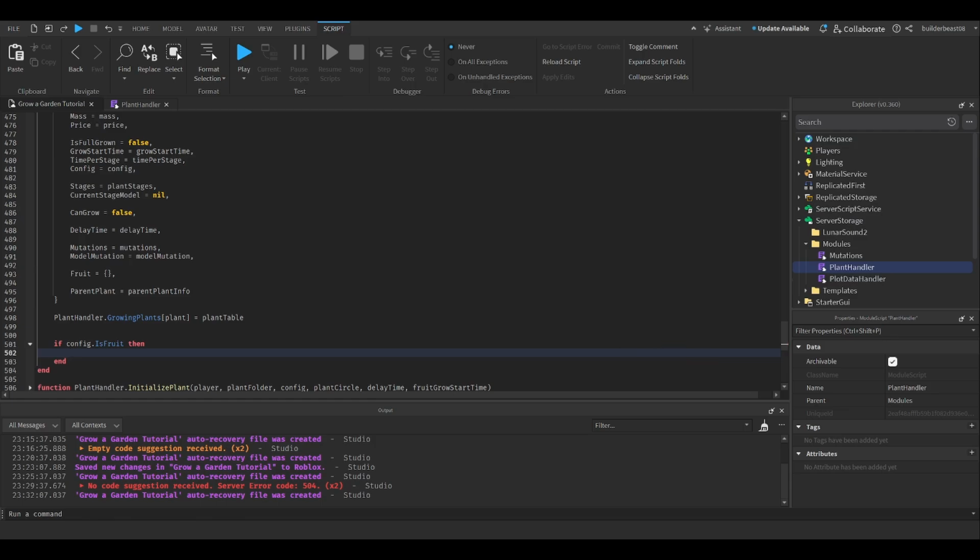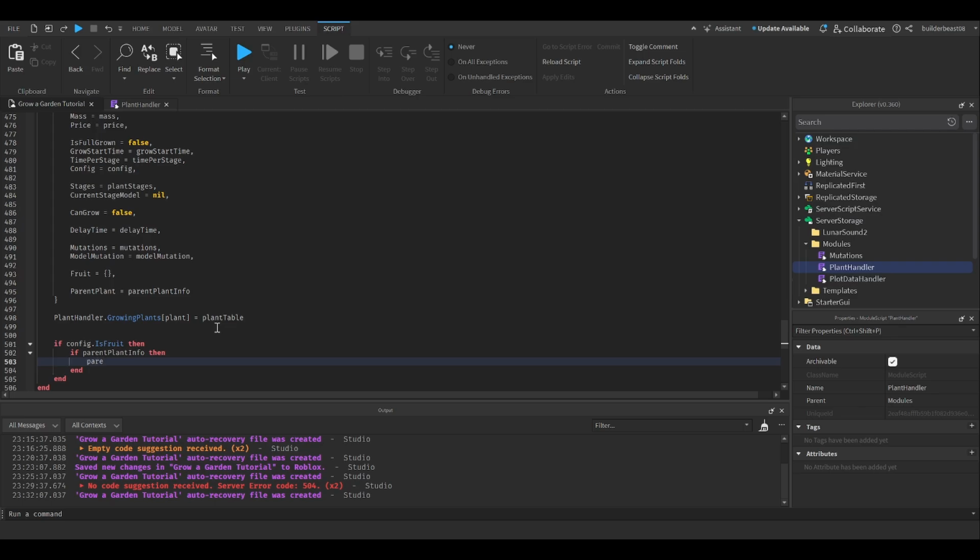Now you may be wondering why we're doing this again since we already did it up above. It's just different. We're going to do it afterwards because we already need the plant table and things. If parent plant info, then parent plant info dot fruit plant equals plant table. And actually, I'm going to put an and. So if parent plant info and parent plant info dot fruit, then